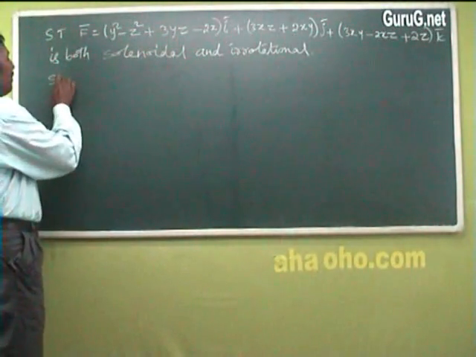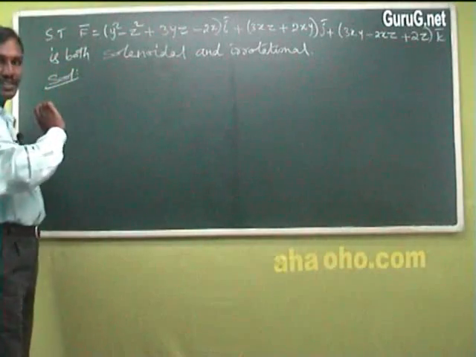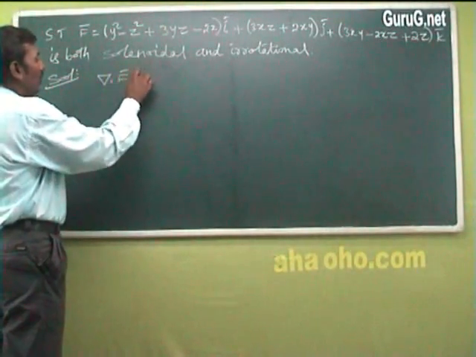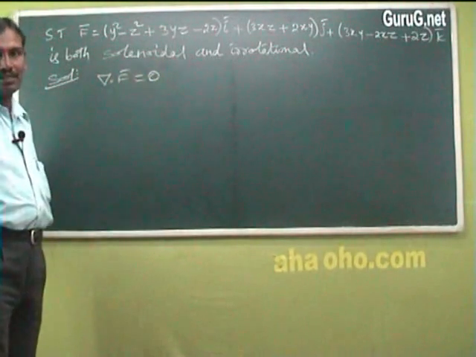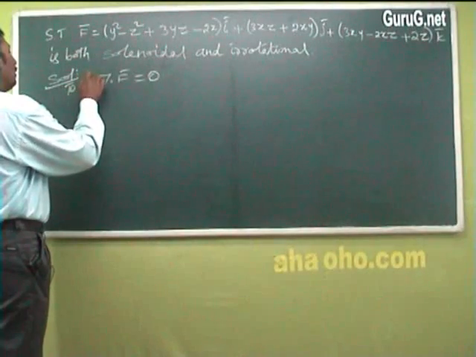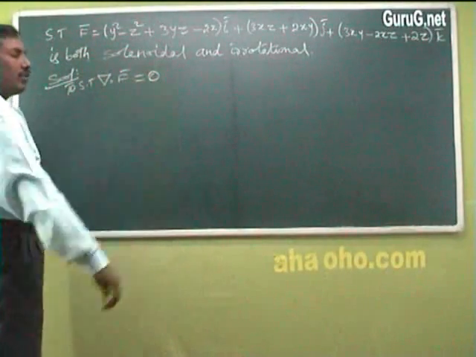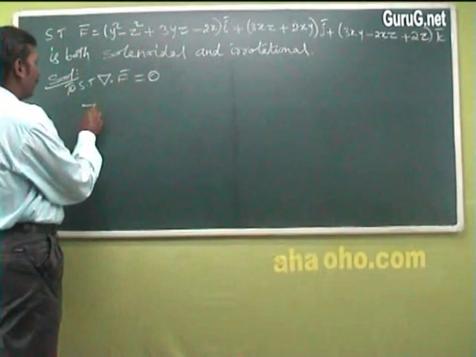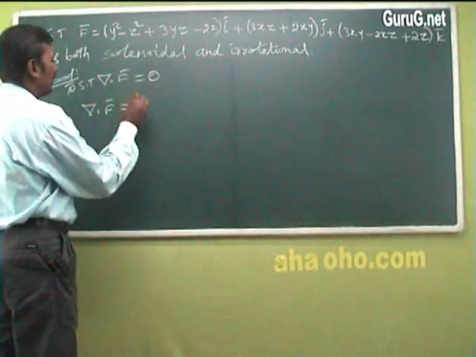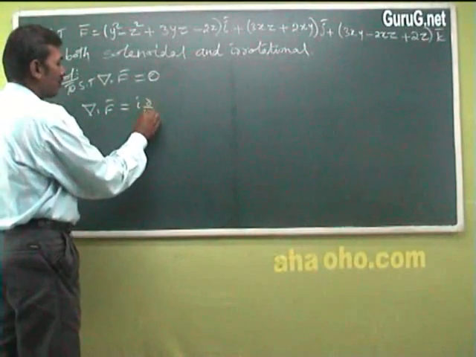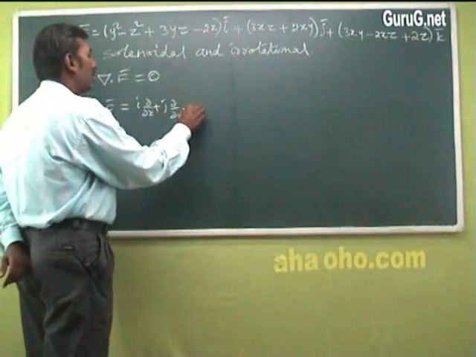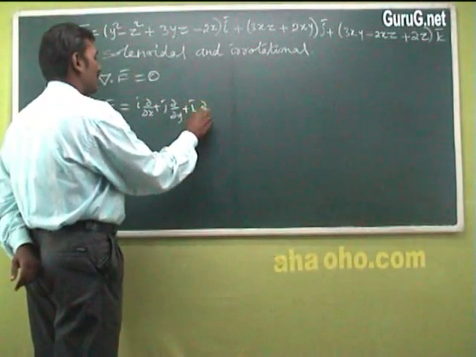So solenoidal, what do we have to prove? What is the definition? If del dot F equal to 0, then we say that the F vector is solenoidal. So to show del dot F equal to 0, right? So what is del dot F? So what is del? So i into dou by dou x plus j into dou by dou y plus k into dou by dou z,